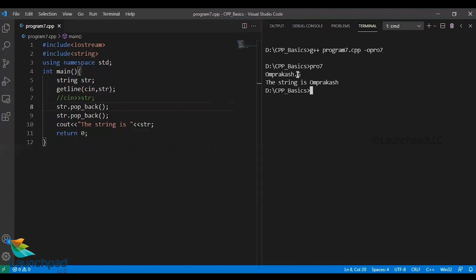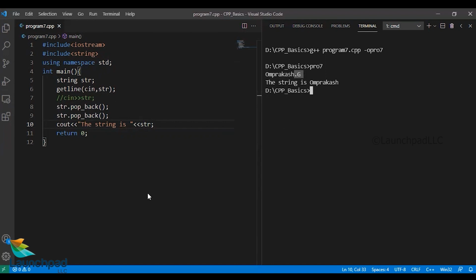It only prints my name. It doesn't print the G or the dot in it. The reason is the 2 pop functions. So when I pop back first, the G is being removed. When I pop back one more time, the dot is also removed. So it only prints the remaining rest of the string which is stored in the str object. So pop_back and push_back are the 2 functions where push_back is used to append the character which is given as an argument, and pop_back takes no argument, rather it pops out the last character in the string.